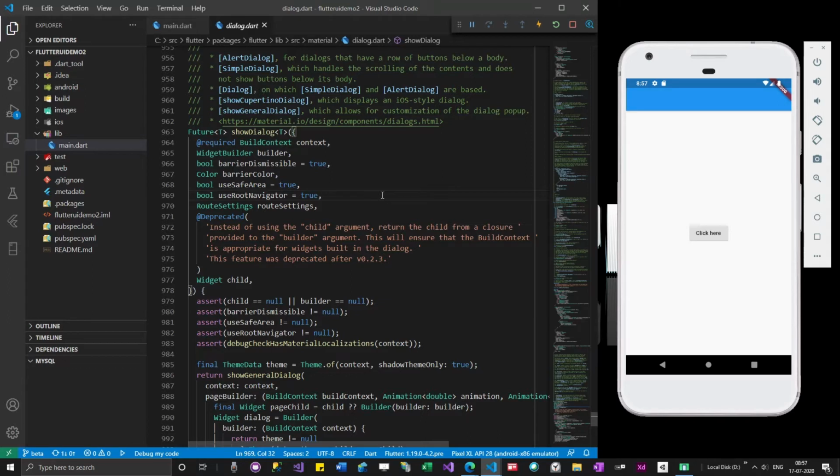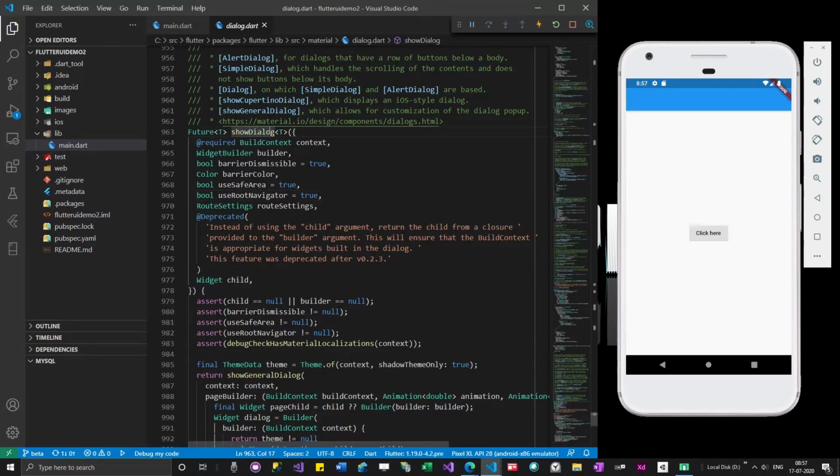If you know one way of doing it, that is fine, because each and every person will have their own way of achieving things. So rather than trying to learn 10 ways, if you know one way, close that and move to the next chapter. Obviously when you are working in teams, you will find out other ways by going through other people's code. So I'm going to use show dialog.